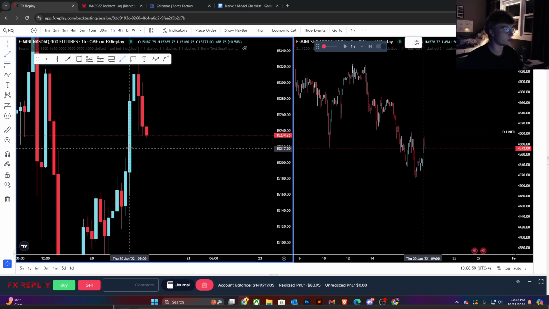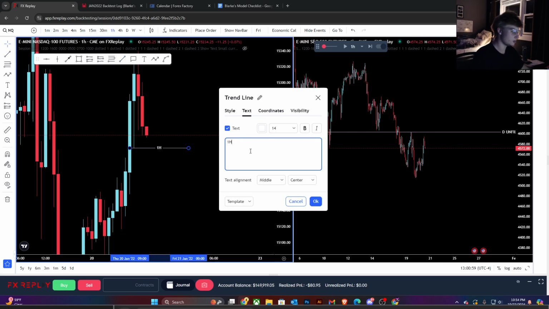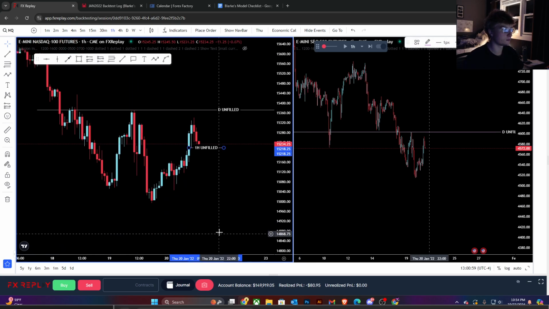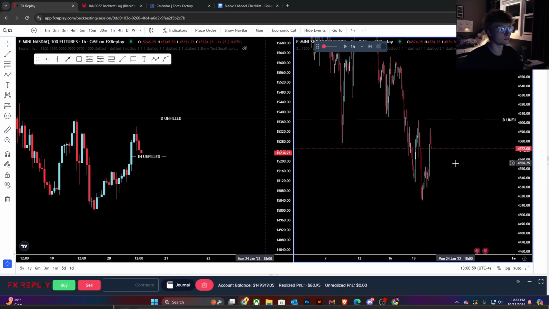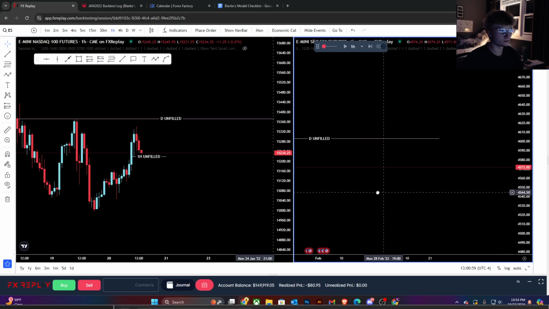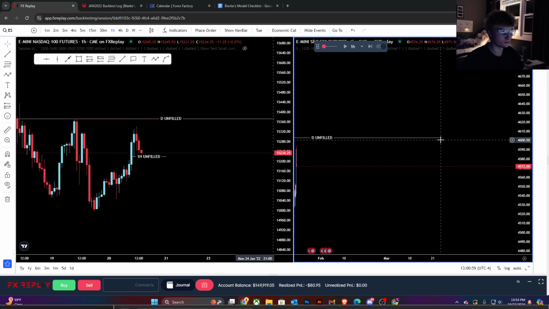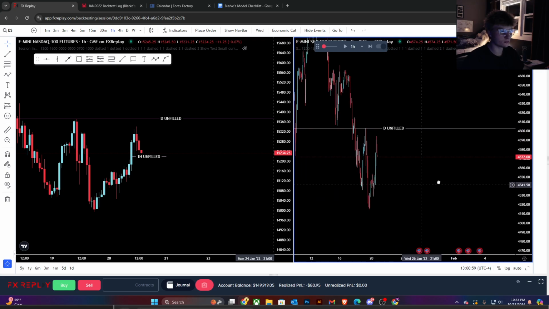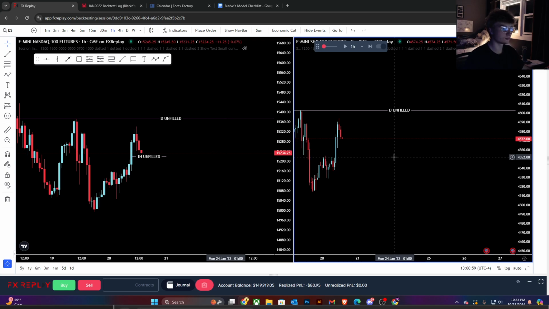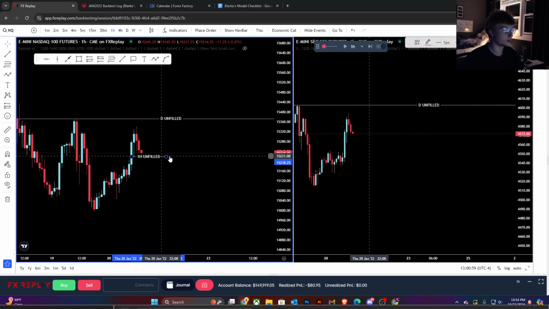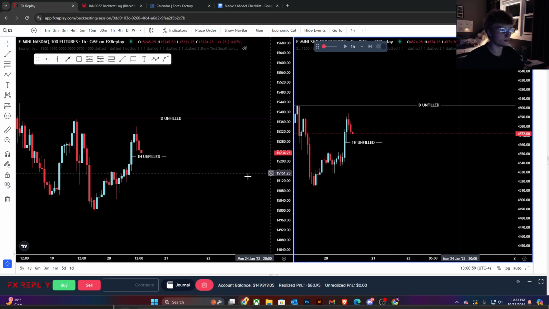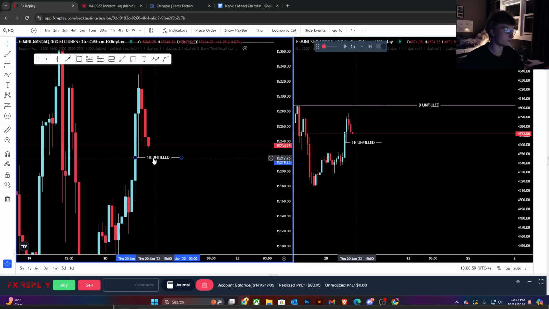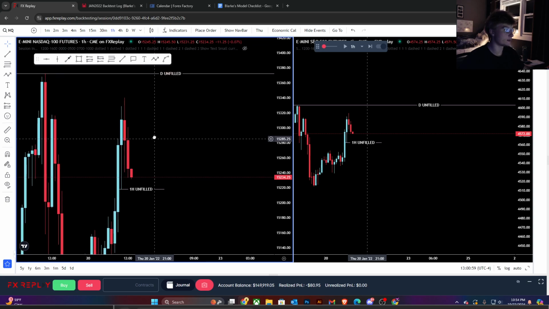If we tap into this, I could see longs off this. But yeah, higher time frame, I am leaning more bullish right now. I'm gonna mark this up on ES as well. See if it taps into there, but